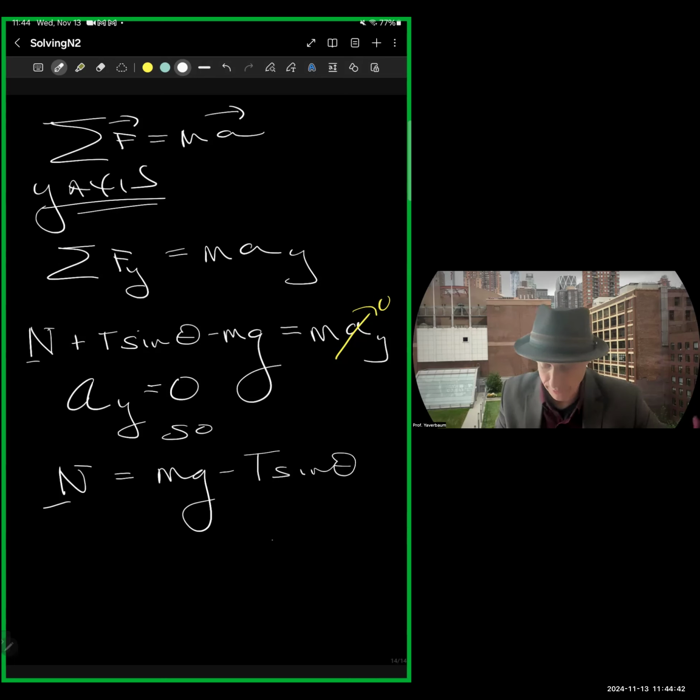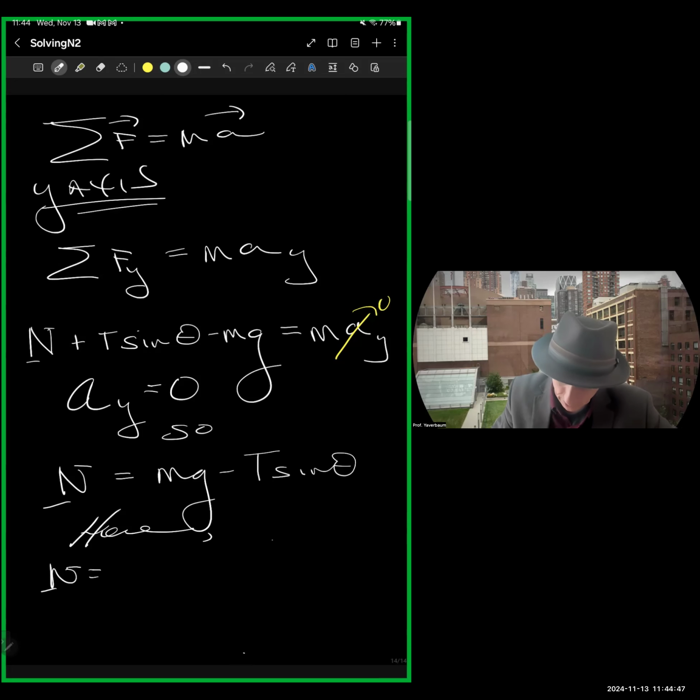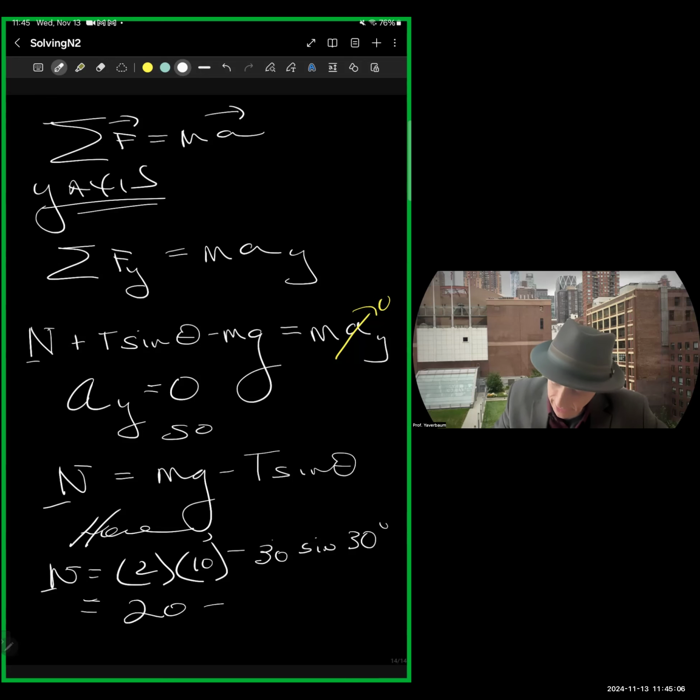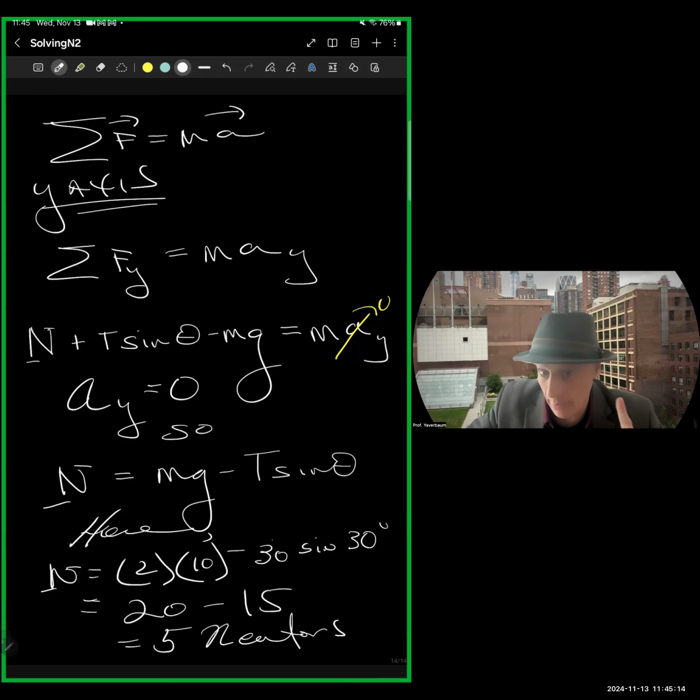In numbers, if we plug in the numbers, we said the mass was 2, free fall acceleration is 10. Annie said the tension force was 30, times the sine of the angle is 15, right? So we have 20 minus 15 equals 5 newtons. Now, I haven't finished the problem yet. I'm just noticing something, okay? The ultimate problem was asking how